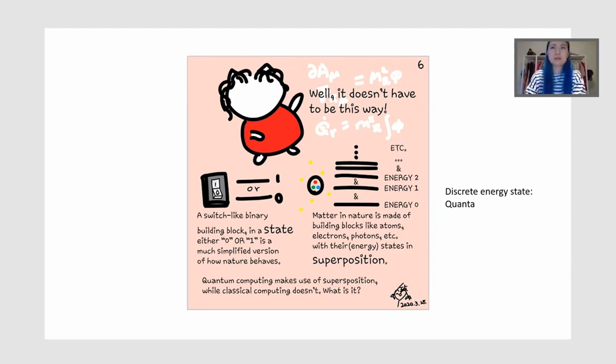Nature is made of matter like atoms, electrons, photons. They have discrete energy levels, and they can have all these levels in a superposition, and I will explain what that is. These discrete energy states are the quanta, so each energy level can be described as a quantum. That's why we're calling this quantum computing, because we're utilizing the quanta, how nature intrinsically behaves, and we are imitating